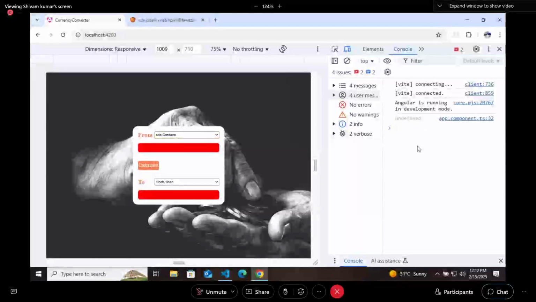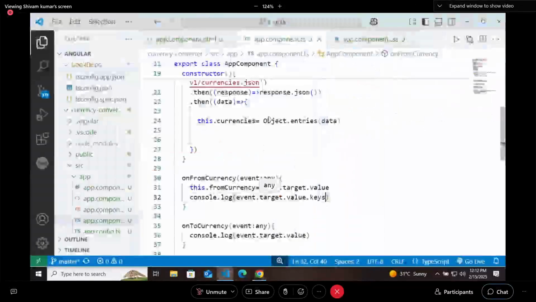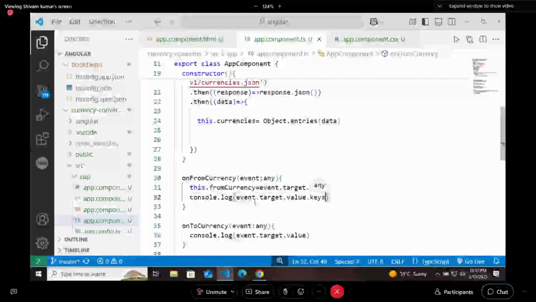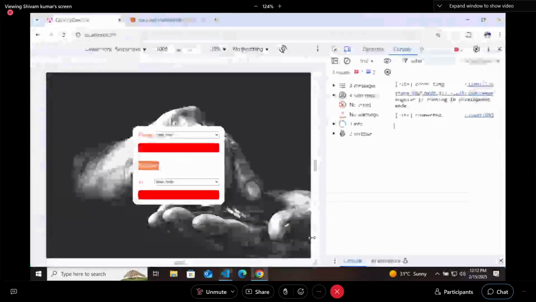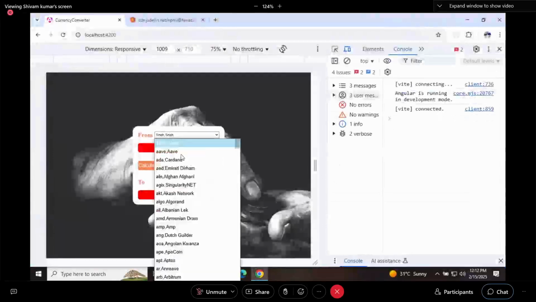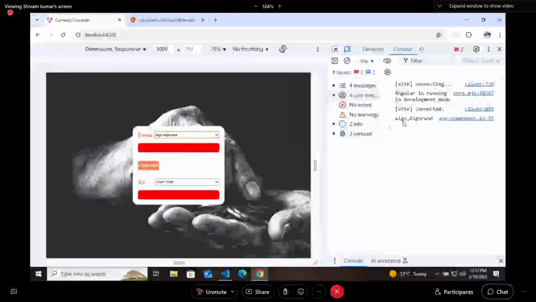So Object.entries we cannot write directly. If we are writing Object.entries, we need to map these values. So why am I saying that we need to map the values? Because whenever you are converting the data, let's say I'll go here and select one currency. So it is printing that.